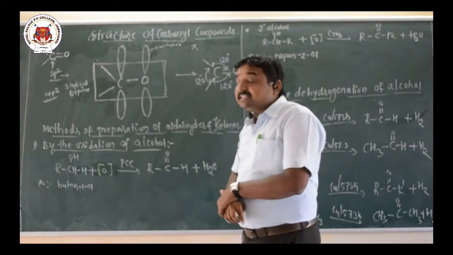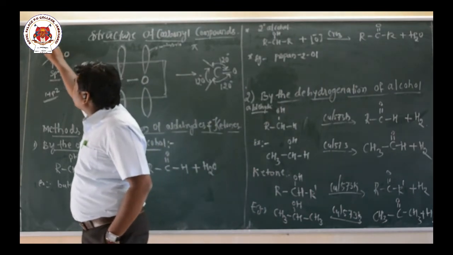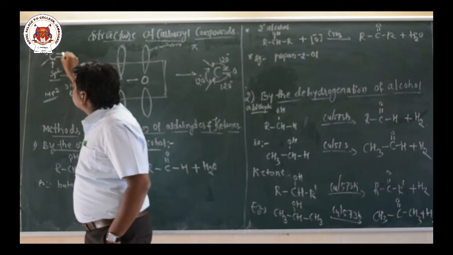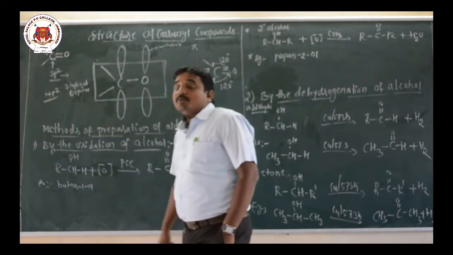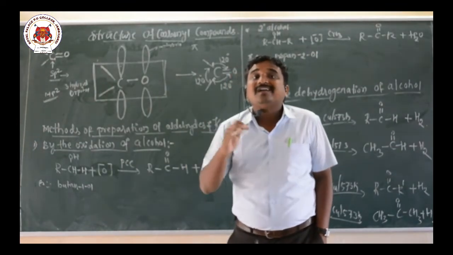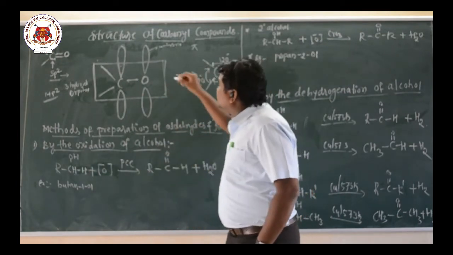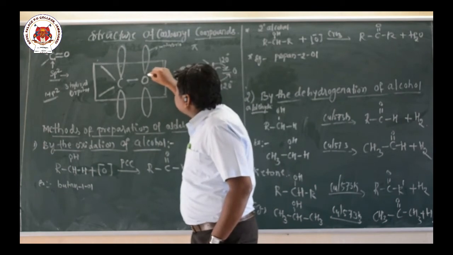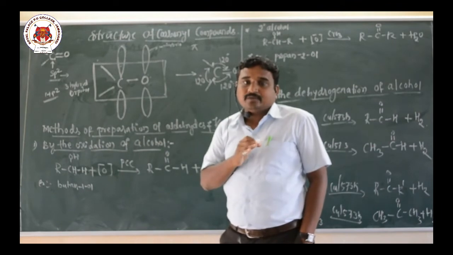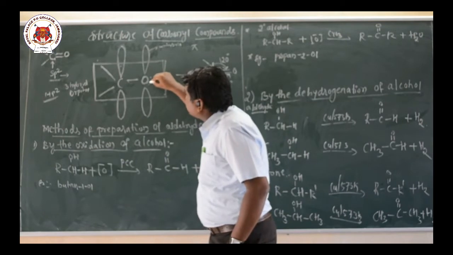Hence in the carbonyl carbon there are 3 sigma bonds, formed by the hybrid orbitals, whereas the pi bond is formed by the overlap of the unhybridized p orbital of carbon with the unhybridized p orbital of the oxygen atom. Also, the oxygen atom has 2 lone pairs of electrons on it. In addition, there are 2 lone pairs present on the oxygen atom.